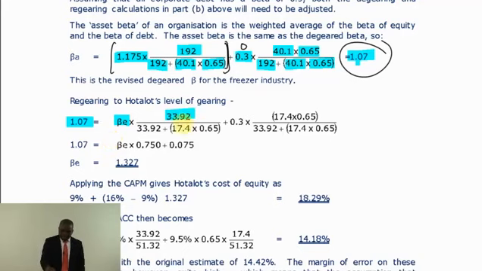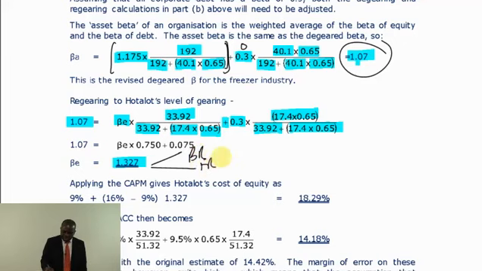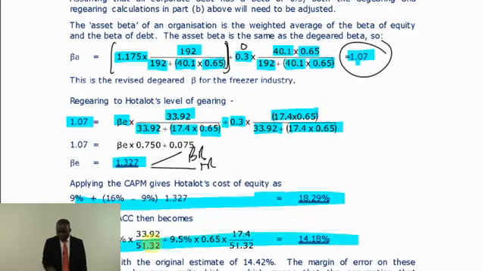Our market value of equity is this, equity. Our debt value, tax. Then plus the debt beta coming again. We are not discarding that part of the equation. And then the debt effect, and then equity and the debt. When you solve it, you get 1.327. And this will measure my business risk and financial risk. Put it in the CAPM formula to get your cost of equity. Put it in the WACC.